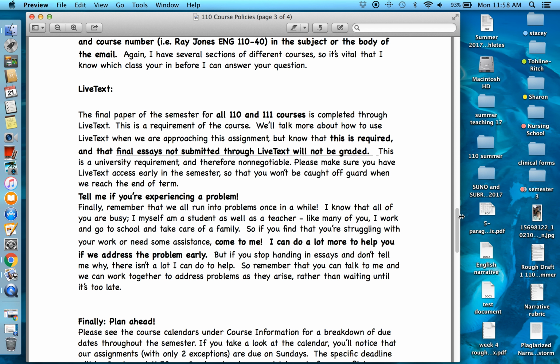Your final essay of the semester, and potentially another essay, but for sure your final essay, will be submitted through a program called LiveText. And it's something that the university is required to do for our accreditation. It allows us to make sure that we're all grading you essentially the same way. And so we're required to do this as instructors, and so you are also required to do it as